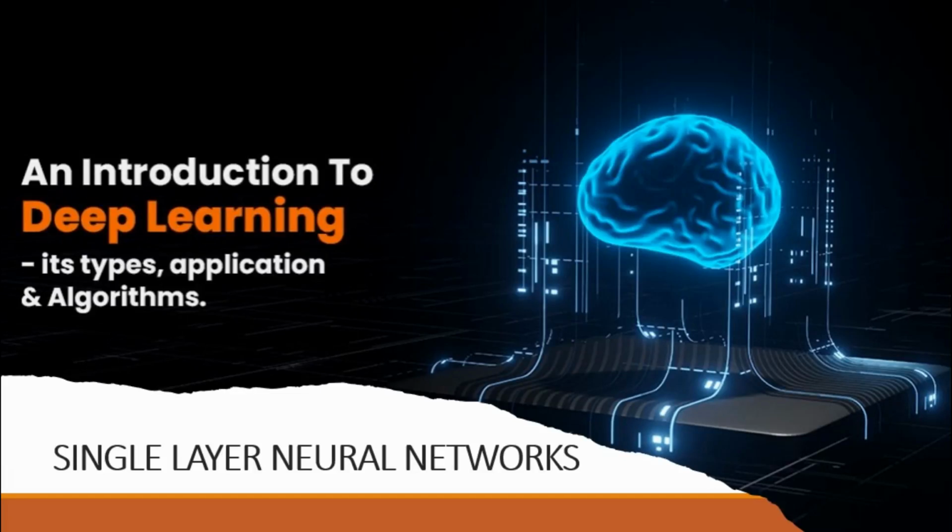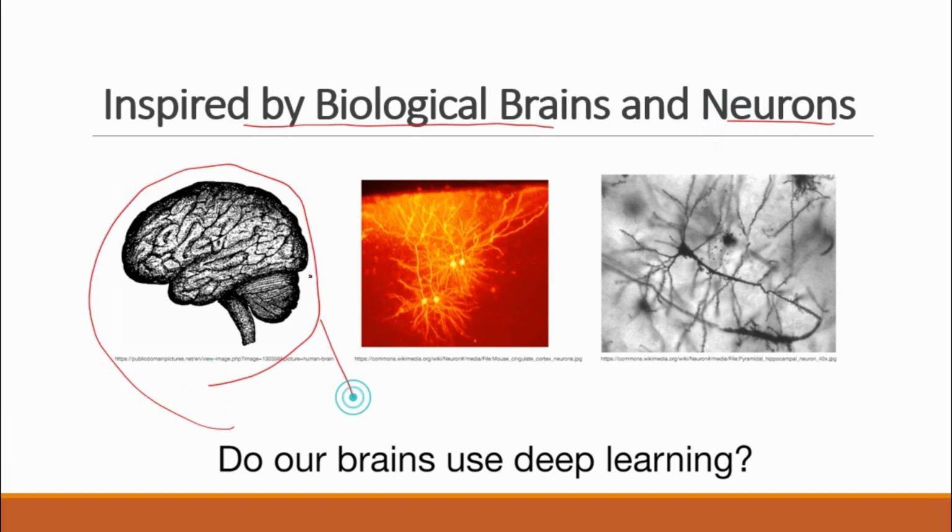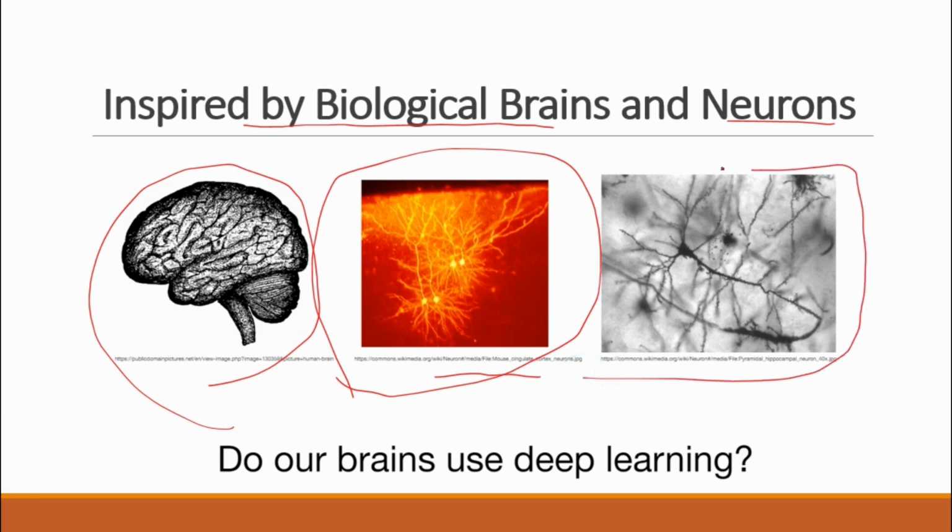Hello everyone, welcome back. In this video we will discuss the brain and neuron models, just like a big picture overview. So like you recall from the history of deep learning, things were inspired by biological brains and how neurons work. So here is a picture of a brain, and then zooming in a little bit, these are some neurons in the brain. I think this is actually from a mouse brain I took from Wikipedia, and here's a zoomed in version of a particular neuron.